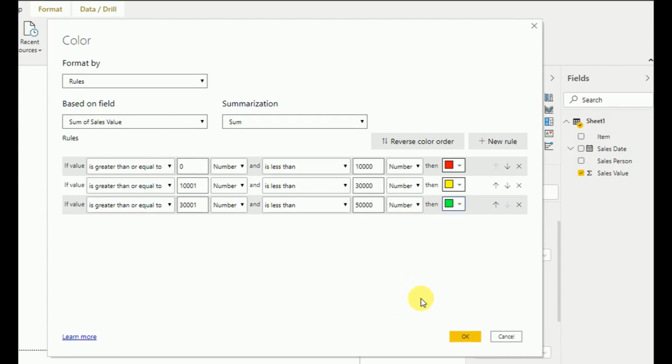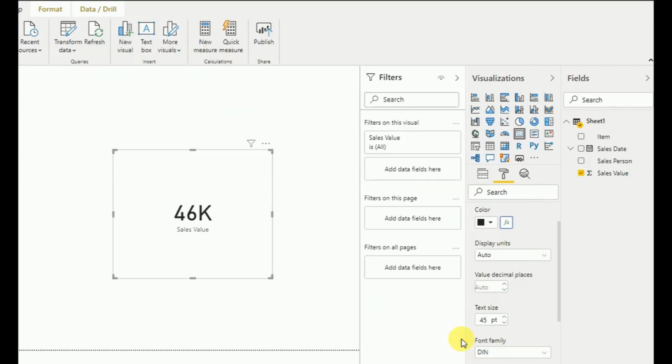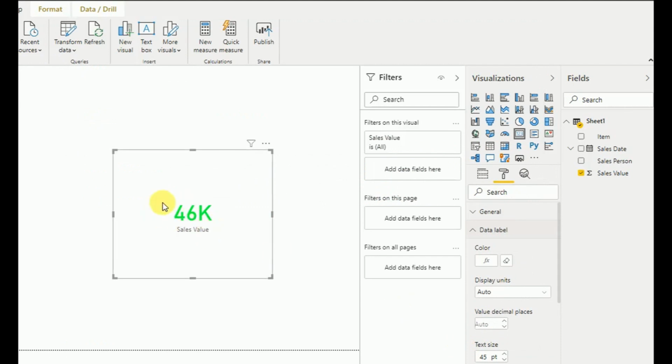So now my conditional formatting is added. Let's see whether the value has changed. As you can see, the 46,000 is now displaying as green, because we have indicated 30,000 to 50,000 as green color.